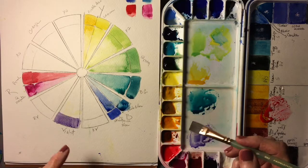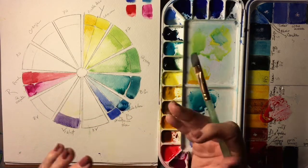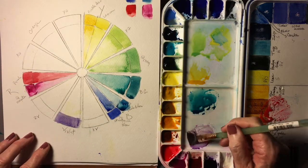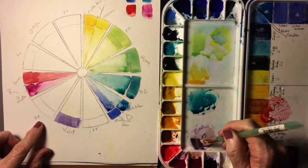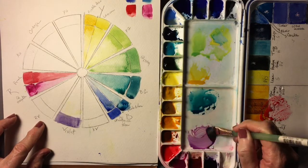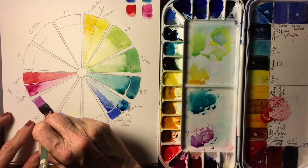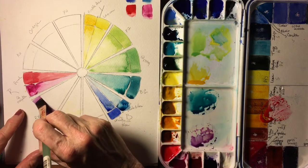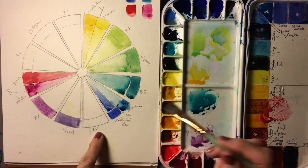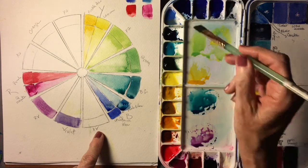And you can push any of these colors more to the red side or more to the blue side. So you'll see that when we make our red violet here. The easiest way to push that violet to the red side, and I'll just go ahead and do it since we're right here, is to add more of the quinacridone magenta. If you want to push it to the blue side, all you have to do is add more French ultramarine